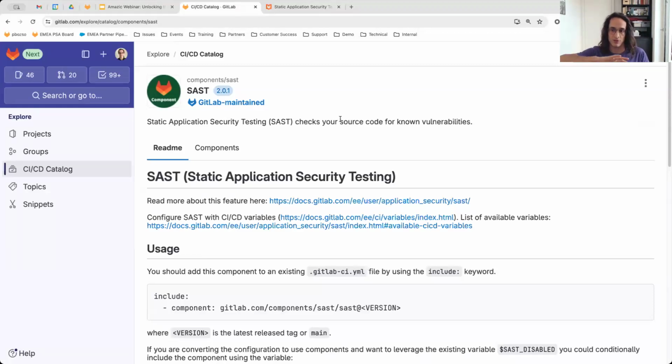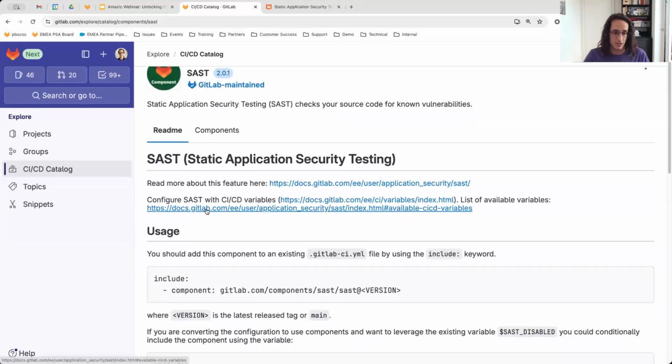A lot of times it's just a repackaging of all of our pipeline templates into components, right? So that's what the team is working on. Going forward, you would be able to use components for everything that you are using templates for right now. And again, you can do it on your own templates, but it's not mandatory at all.